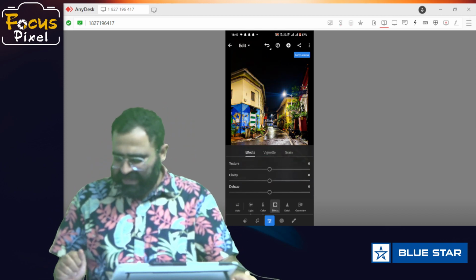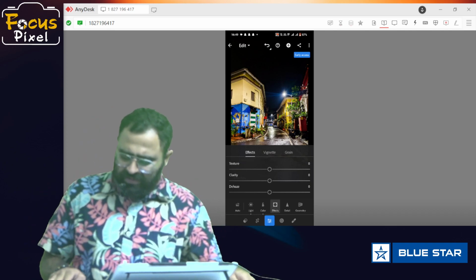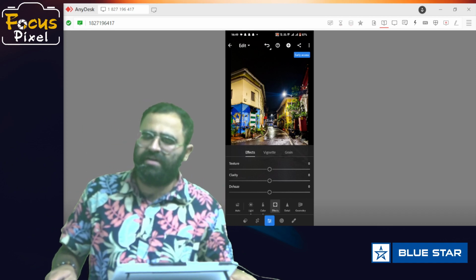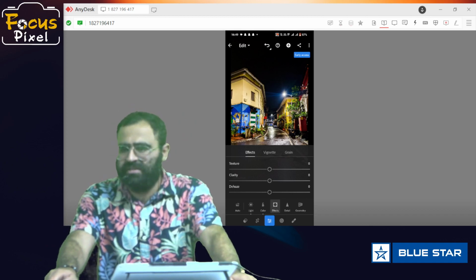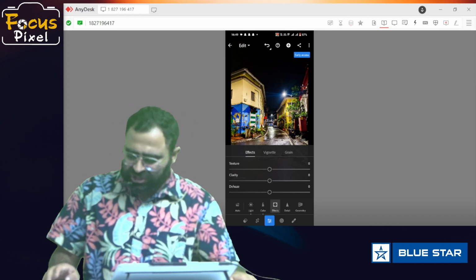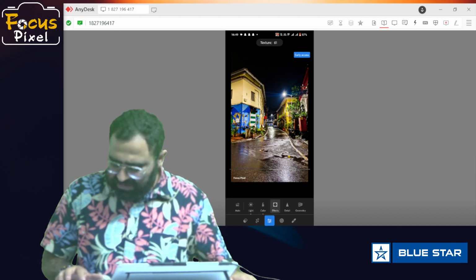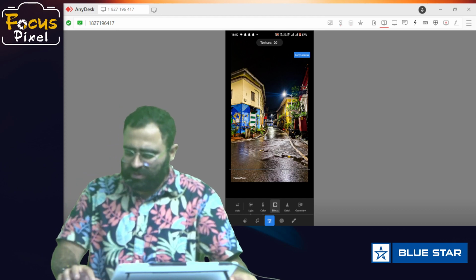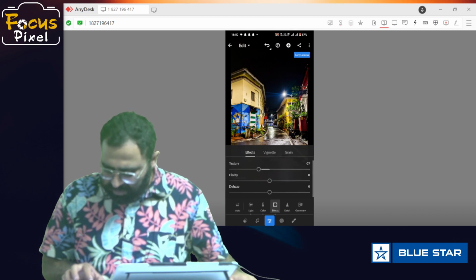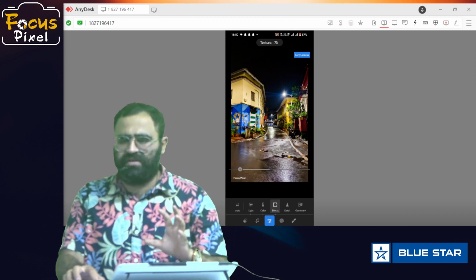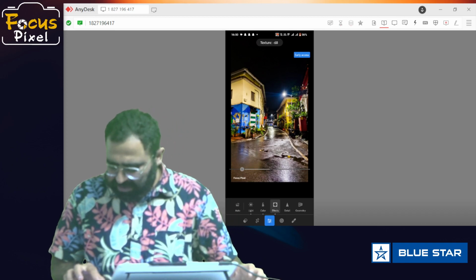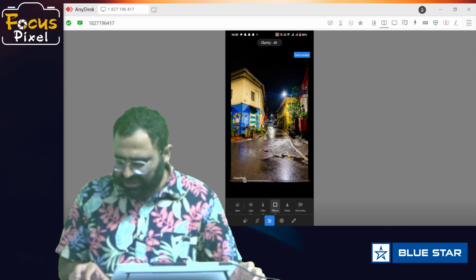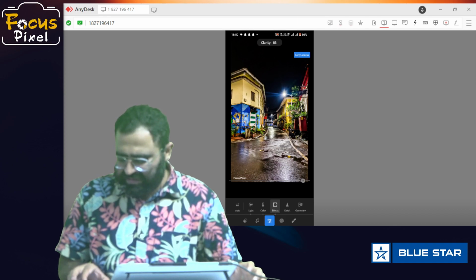Okay, then we have the effects. In the effects panel: texture, clarity and dehaze. Texture, clarity and dehaze all work towards sharpness. Okay, it works on the principle of sharpness. So when you increase the texture, you will see that certain texture, leaves and everything are being sharpened. When you reduce it, it will create some foggy effect. It will blur out the sharpness, it will reduce the sharpness. Clarity also works in the same way, but with the entire image. You can see that the image is being sharpened.